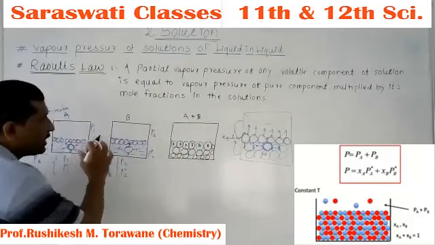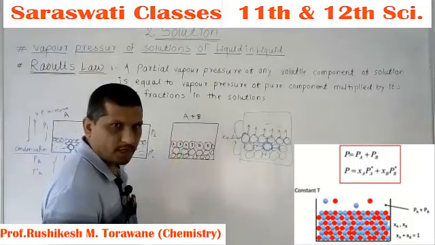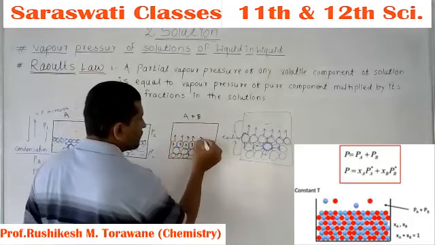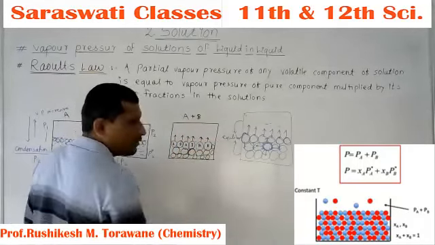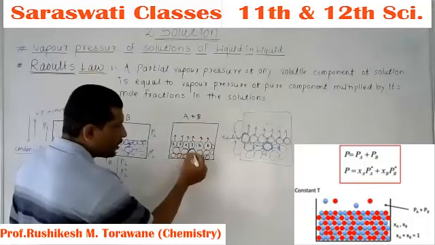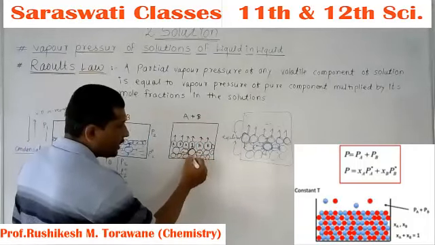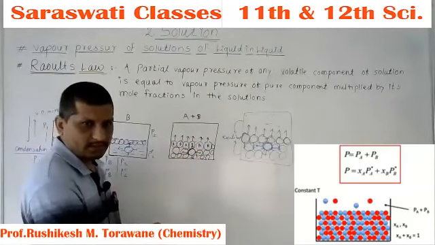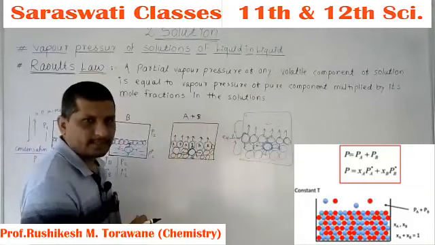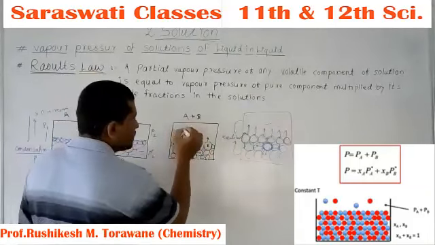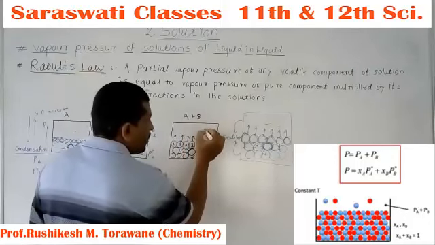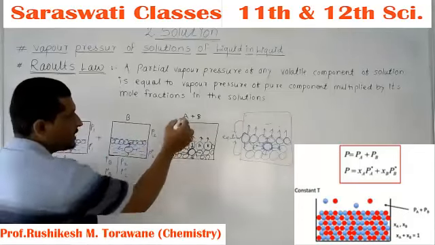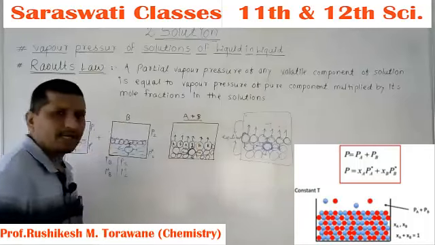In the same way, the upper layer of this solution is vaporized. The inner molecules have stronger intermolecular force of attraction and the lower layer remains as is, while the upper layer is vaporized. Hence the gases or vapors of the A and B components are collected here, and we can represent these AB components in this way.